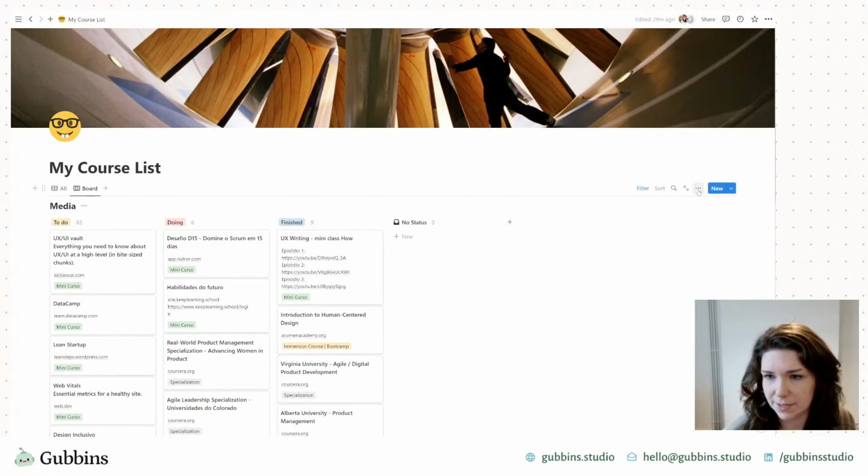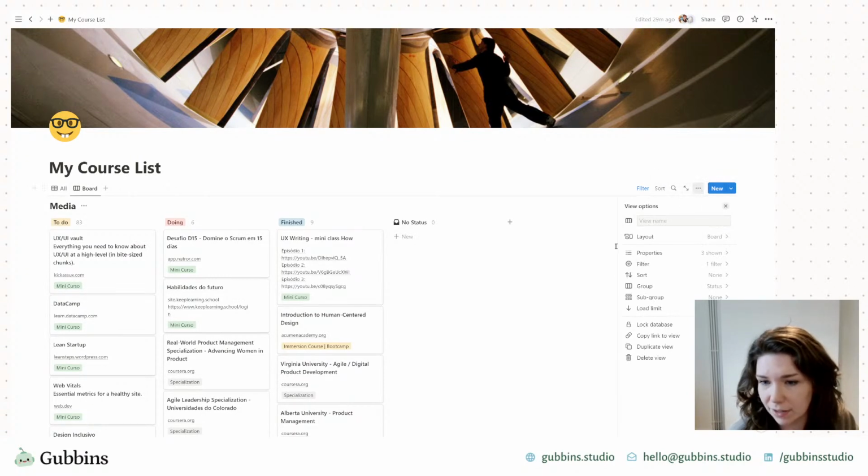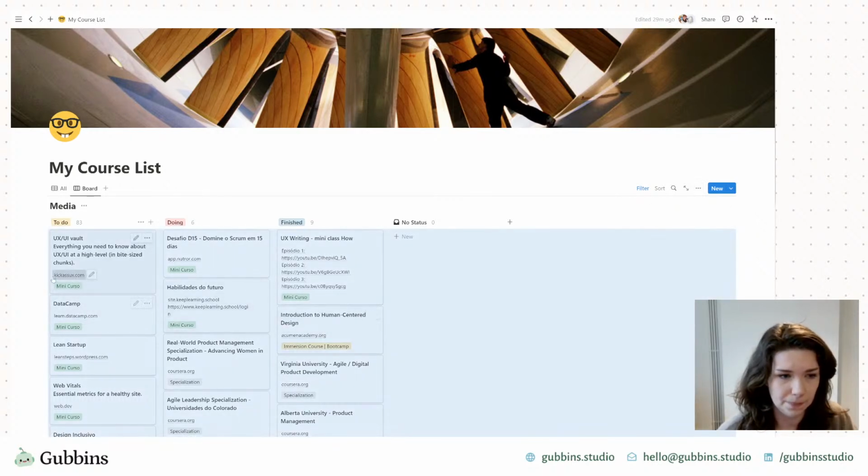So you see what I did there for this view? If you click on the triple dots here, and go into load limit, you can limit the amount of pages that it loads in any one go. This is helpful for if you have, as you can see here, a large amount of information. You want to narrow it down a bit just so that you can focus on the things that are more important to you. But let's say that it's brought the wrong things into this to-do column.